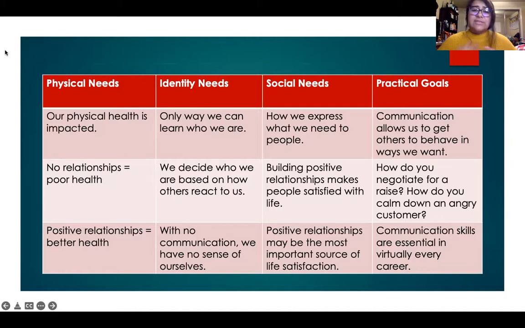Identity needs: this is our only way to learn who we are, and how we learn who we are is based on the questions that we ask and the environments that we're in. We need communication to express what we need, to ask where we are from, to express, I don't like this, but I like this. With no communication, we don't really have a sense of ourselves. And if we don't have a sense of ourselves, then we can't express what we need to others,